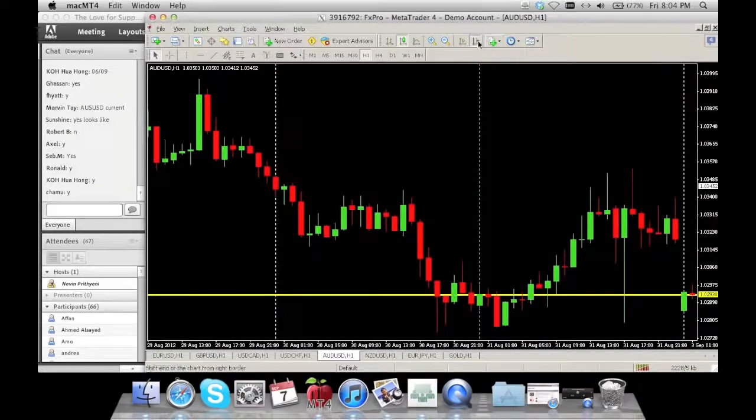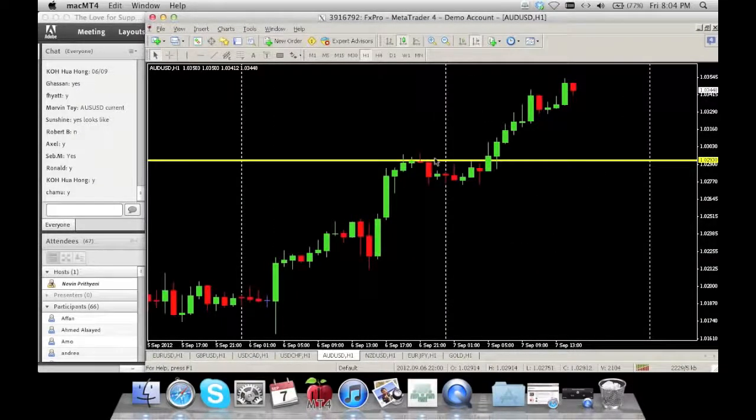Okay, so let's go into the future. Okay, the future comes out. Is this a big candle? No. Okay, there are bigger candles than this one, much bigger ones. These are the average size candles. And we're just chopping right through it. Okay, so the strength of this resistance is not so strong.